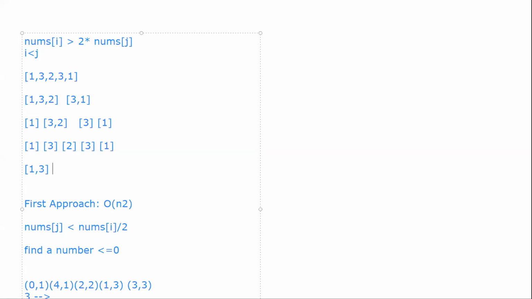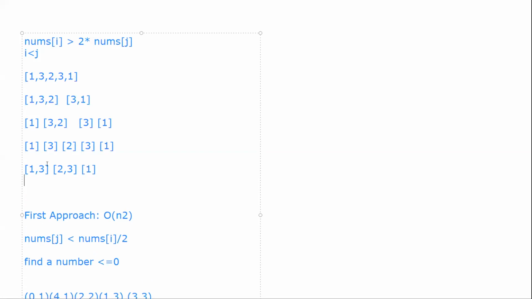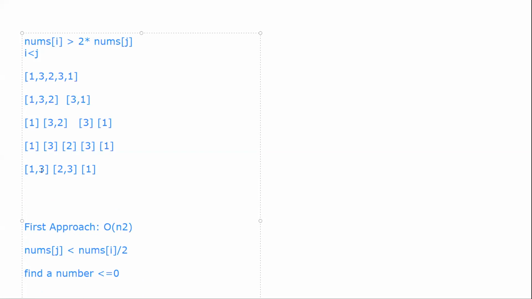Again you check for the next, like 2. It also doesn't satisfy, right? Yeah, that also doesn't. And then 1 will be separate only. Now again you keep pointers on these two. Take these two arrays, 1, 3 and 2, 3. So your first one, 1, doesn't satisfy, right? I mean, i is on 1 and j is on 2. Okay, makes sense. And that doesn't work. So then I just merge 1, 2, 3. I mean, merge these two in a sorted way.